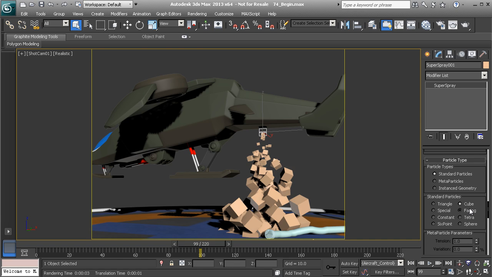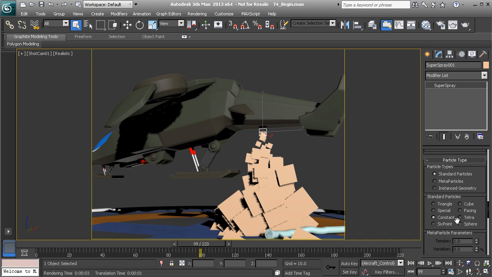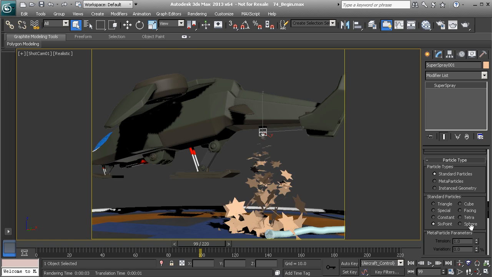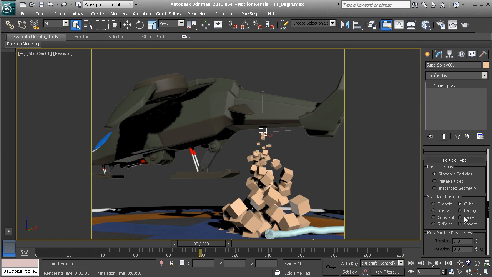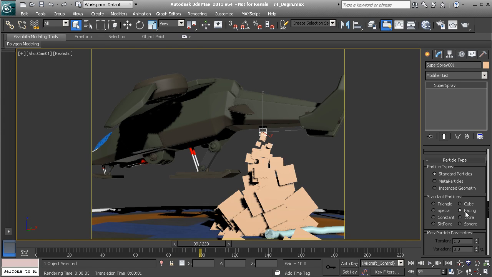We could do maybe a facing, tetra shape, 6-point, a sphere, whatever we might want. So we have lots of different options here. In the case of something like this, where we want it to be sort of maybe kind of smoky, sort of look like fog or sort of a cold steam that's coming out, in my case I like to use something like facing. In some other applications you may hear these referred to as something like billboard particles, but essentially